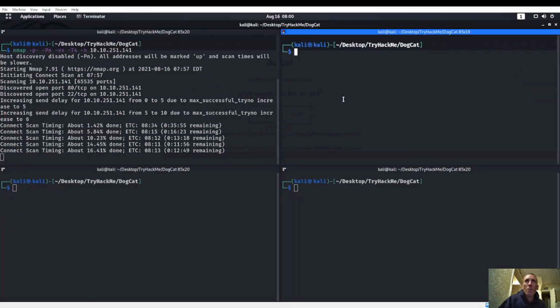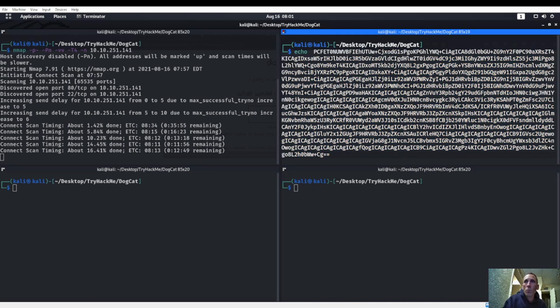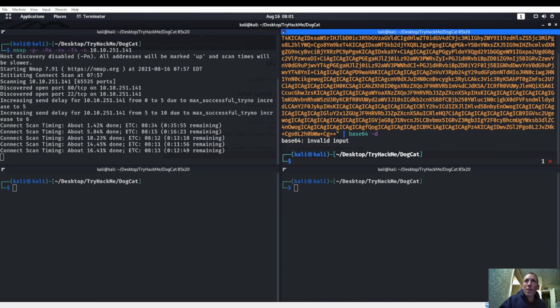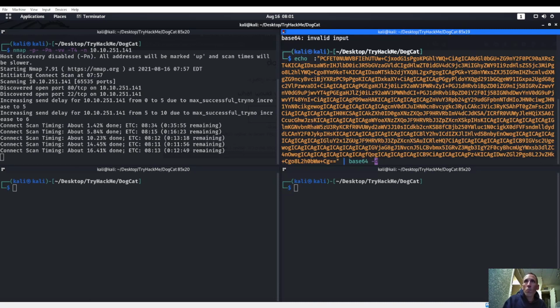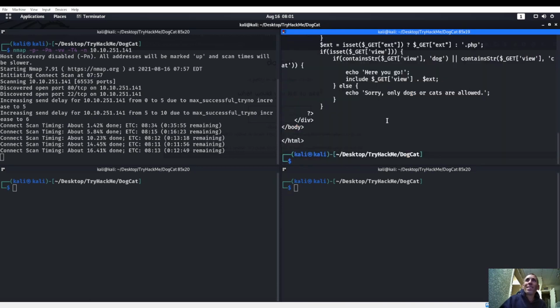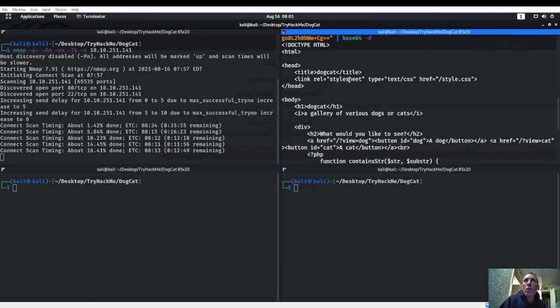Let's copy it over. We'll do an echo. We know it's base64. Now, if there's a space up here, just so you know, you're going to have a problem. That's what happened to us last time. We were having a little bit of a problem converting it. Then we'll come down here, base64 -d. But it is base64. Alright, so we have the decoded base64 now, right? So now what we're doing from here is...